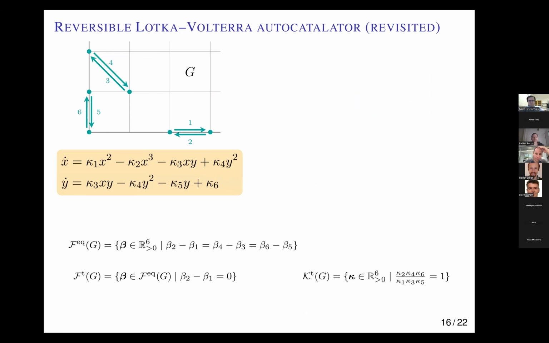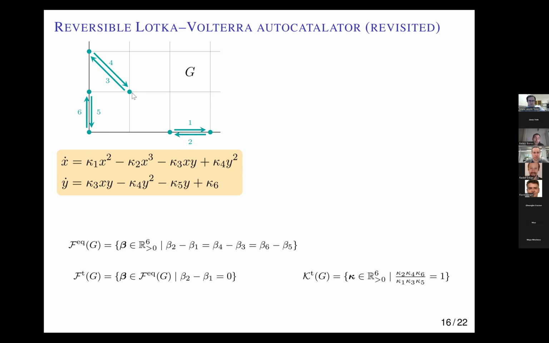If we revisit for a minute the reversible Lotka-Volterra autocatalytor, I want to argue why the result that was obtained by Peter Szymon in the 90s actually follows from our considerations very, very easily. So if I take the set of equilibrium fluxes, it's pretty simple to see that the flux on this reaction and that reaction must be equal